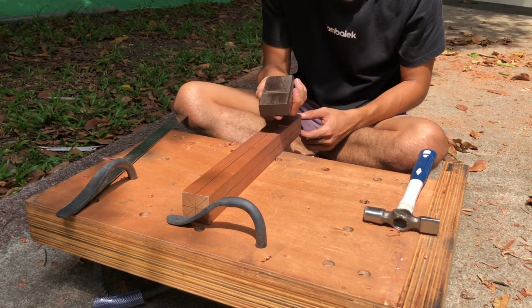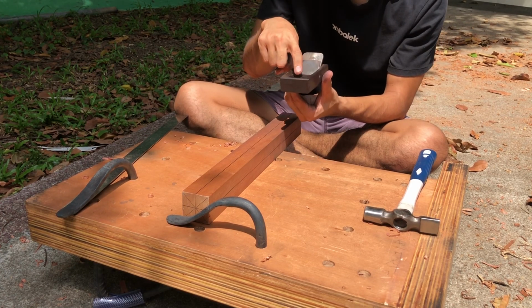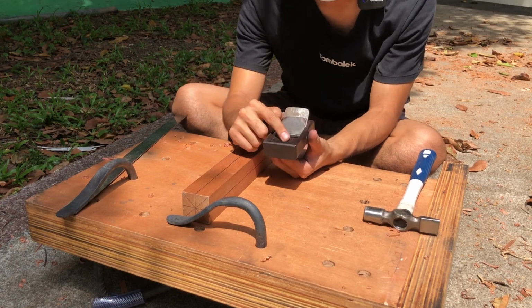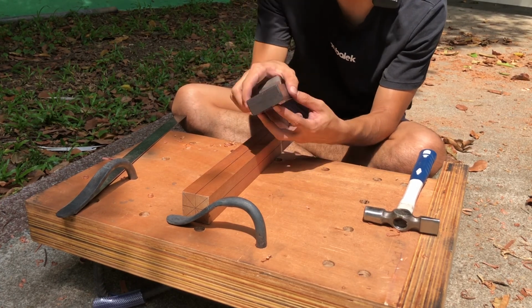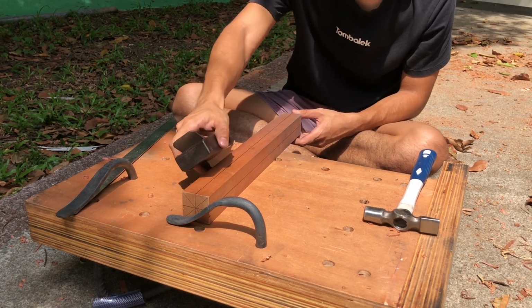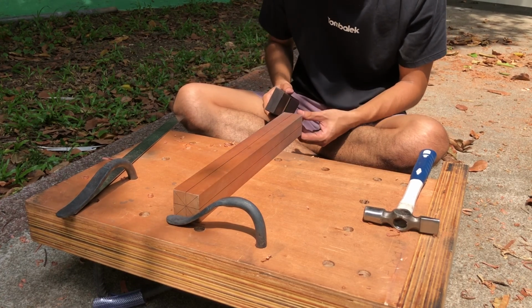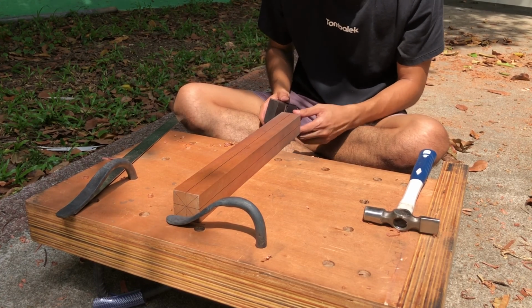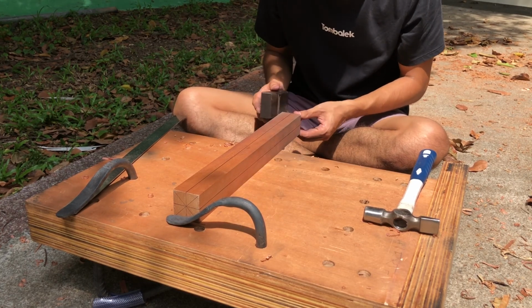Okay, so there are two ways of using this. This is the front of the plane, and basically the blade is facing that direction, right? So you can either cut by pushing forward or you can pull back. But I'm going to be using it in a forward motion because I'm using hold fast as my stop block. Okay, so first thing,